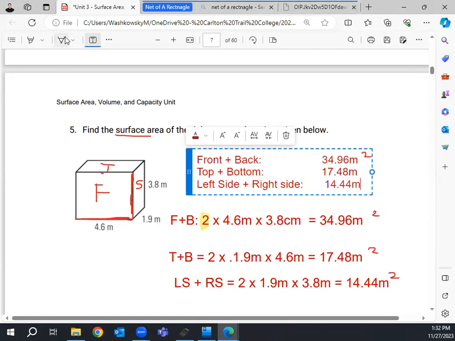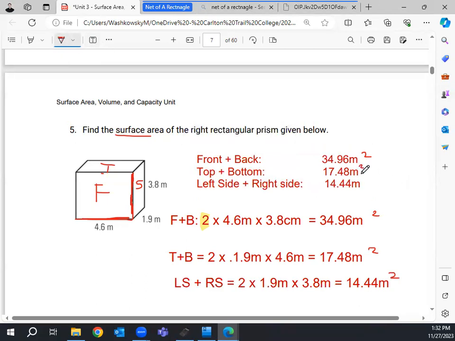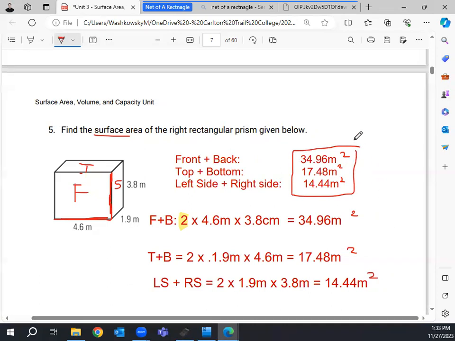14.444 meters. So what do I need to do to finish this off? I just need to add all of these up to get my answer. If you punch those in your calculator, I've already doubled it, right? We've established that I have doubled it already. I don't need to add these up and double it because I've already done that part. So all I need to do is add these up, and I should get